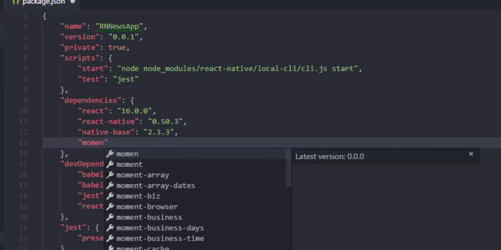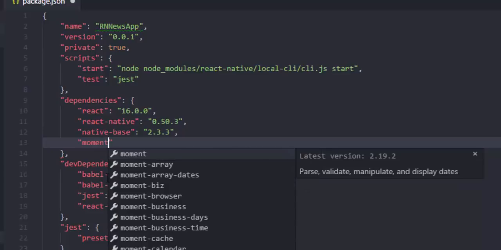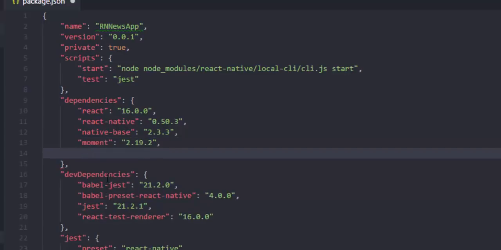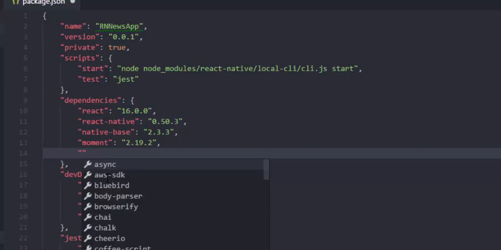Moment 2.19.2. So we also have one last file that we need to import, that is